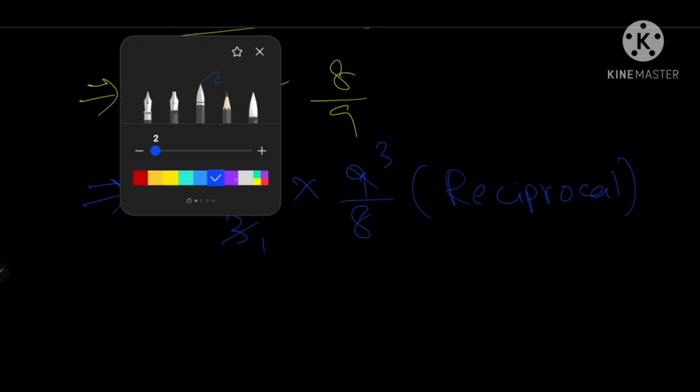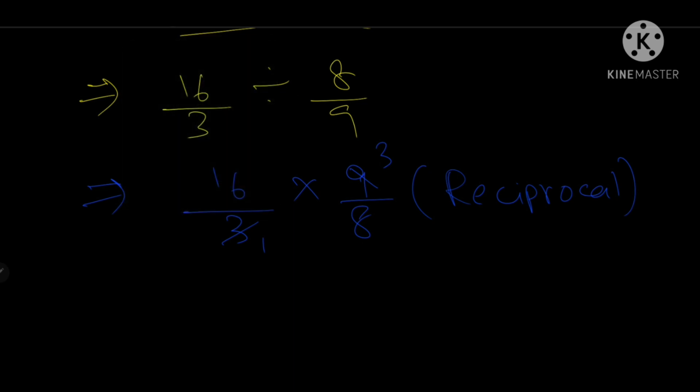Now to do more depth calculation out here, for children who are weak in reducing, this is a perfect class and perfect time for you. 2 fours are 8, 2 eights are 16, 2 twos are 4, 2 fours are 8, 2 ones are 2. Or either we could have done 8 ones are 8 and 8 twos are 16, and we would have got 2 out here as it is.